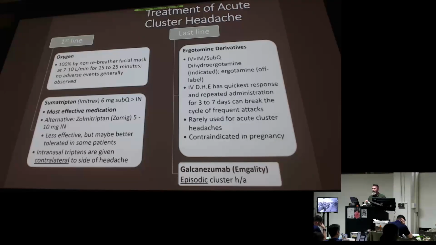It's a triptan, but it's sumatriptan. Why? Because we can do the injection or the needleless sub-Q injection with the Pro delivery system with sumatriptan, and it's fast acting. If you do the nasal spray of sumatriptan, put it opposite the side of the autonomic signs and symptoms. So ptosis, miosis, anhidrosis on the left, put the nasal spray on the right. That's just FYI. But usually oxygen first line, and then, like I said, if we're going to use a med, sumatriptan.